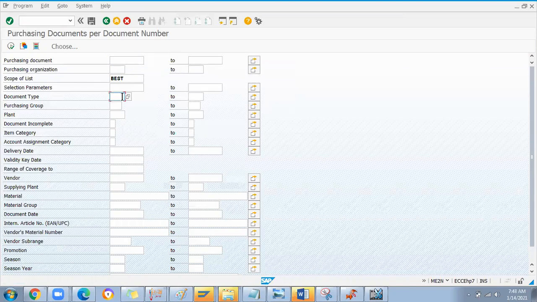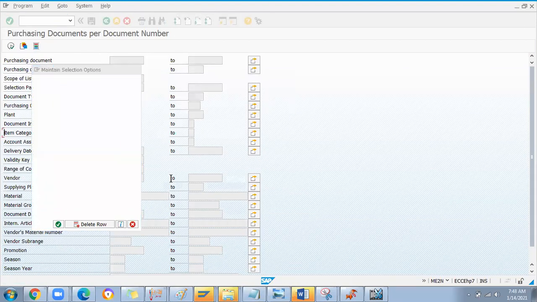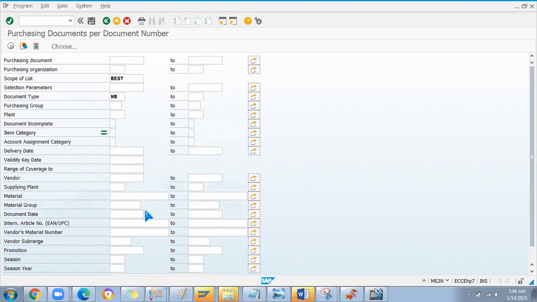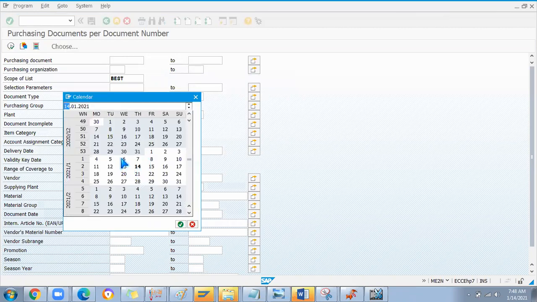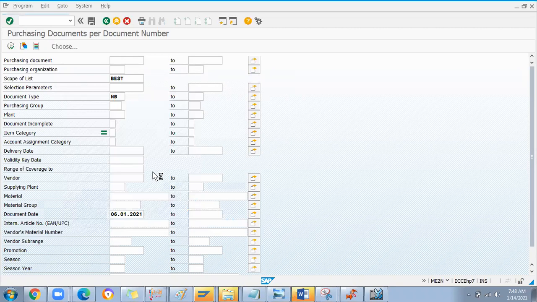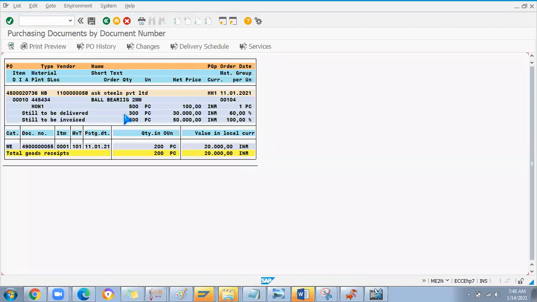I'll take the standard view, document type NB, and item category equal to blank, and document date, recently we have done some data in the system. It takes one week of data. Okay, and plant, I'll check anything done by Arun Kumar. If I enter the HON1 plant, then I can see Arun Kumar created one PO.